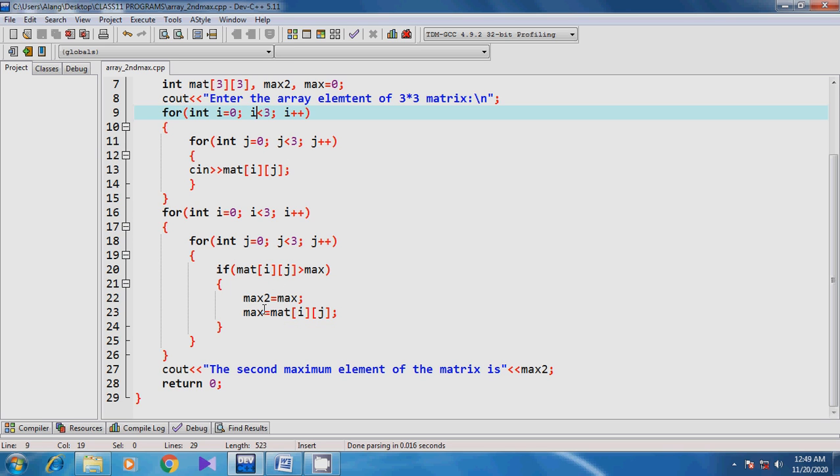So by this logic you can see that since the value entered from the array element is greater than max, and the max value gets stored in max 2, obviously that means the greater number will be stored in the max variable, and the second greater number will be stored in max 2. Clear? So this logic clearly explains that. So now if we run this program,